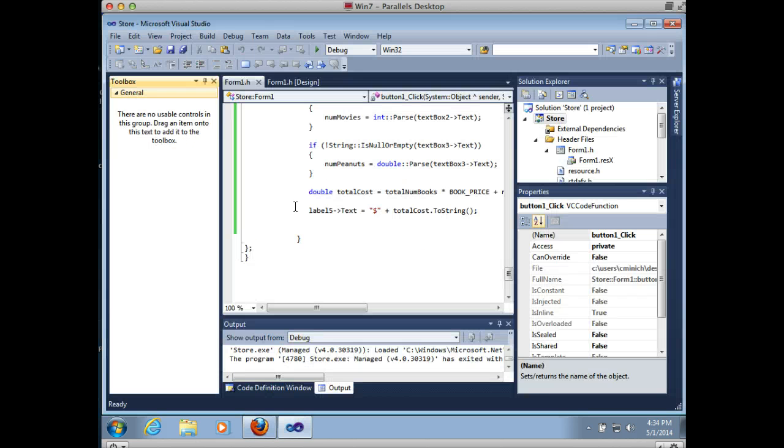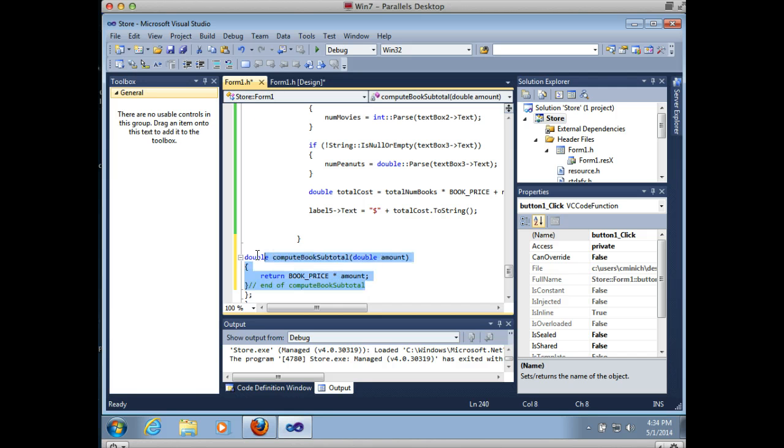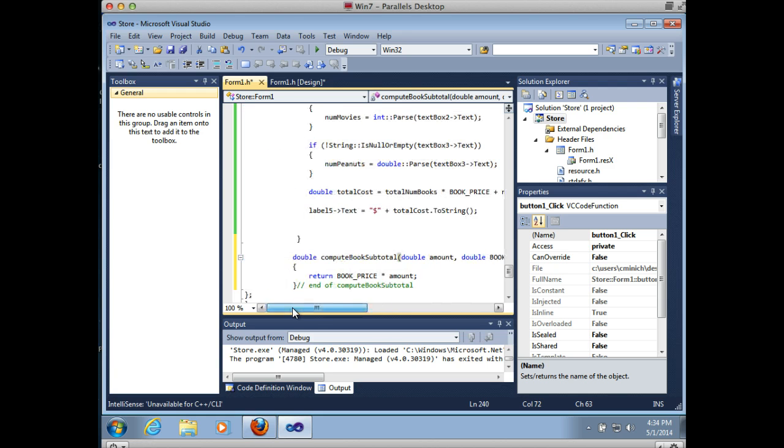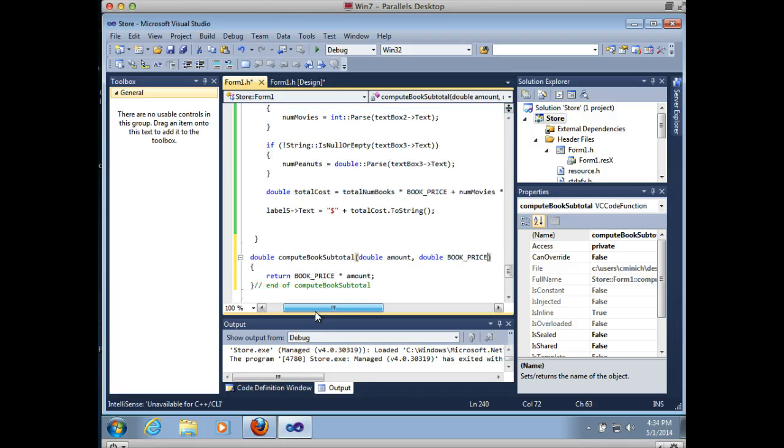and paste it right below this curly brace, but above these 2 curly braces. And let's tab it in there for good style. And instead of having 1 parameter amount, let's do a comma double book price. So there you go. And right here where it says total numbooks times book price, let's call that function by